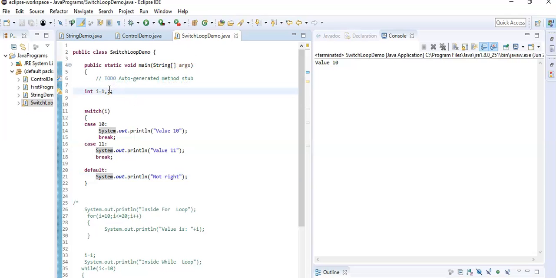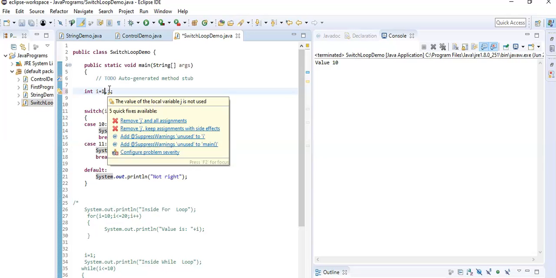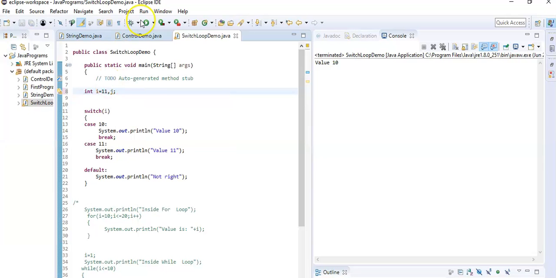Let's execute the program. The value is 10 because i is equal to 10. If I change the value to 11, the value is 11.